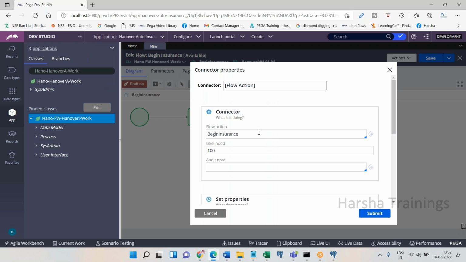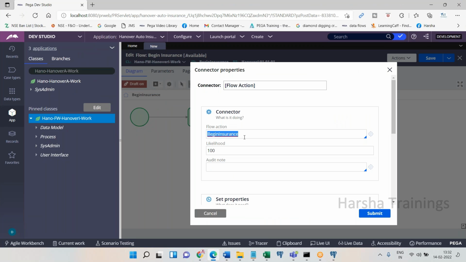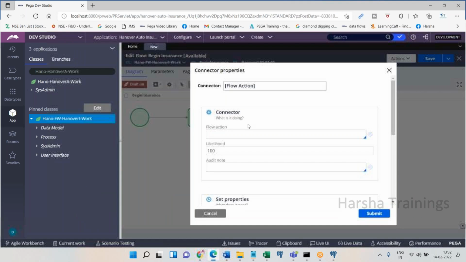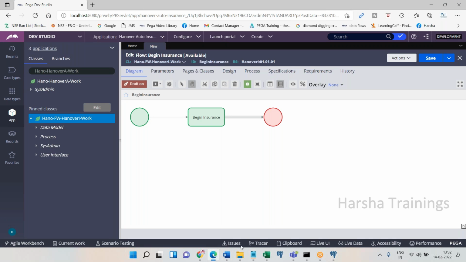I double clicked on it, and here you find an option of flow action. By default, the flow action name is filled with begin insurance, the name of the flow. Remove it, click the down arrow. You should see all available flow actions. See, if I select a flow action here like this and I submit, the flow action is called, but it is not displaying what is being called